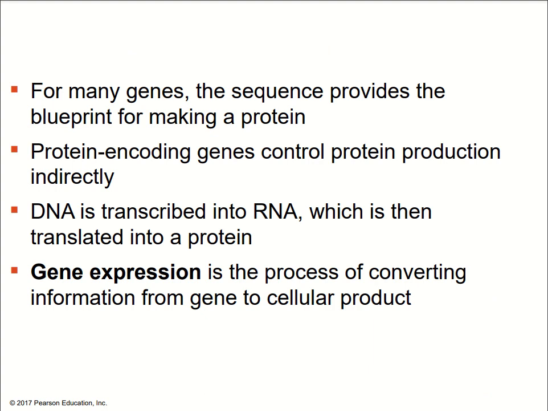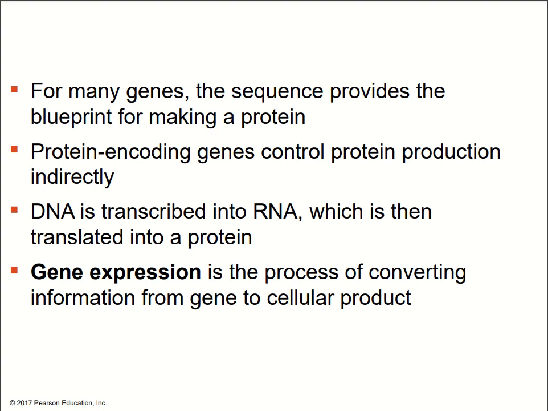For many genes, the sequence provides the blueprint for making a protein eventually, and therefore protein-encoding genes control which proteins are made, but they do so indirectly. What first happens is that DNA, deoxyribonucleic acid, is first transcribed into ribonucleic acid, RNA. Now, this RNA is then